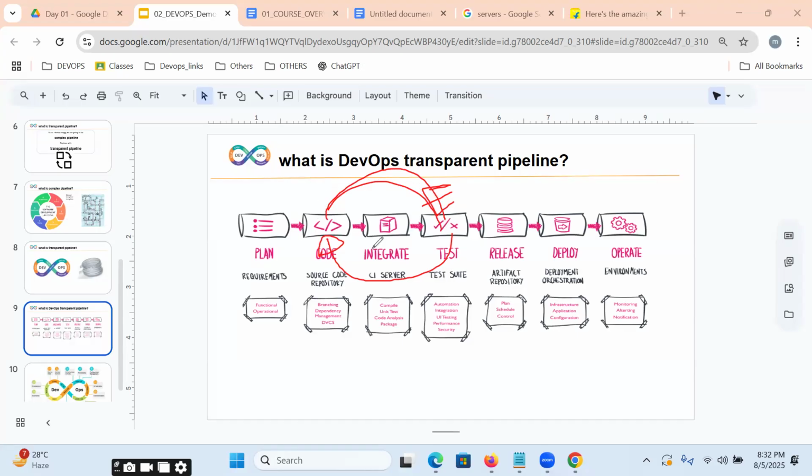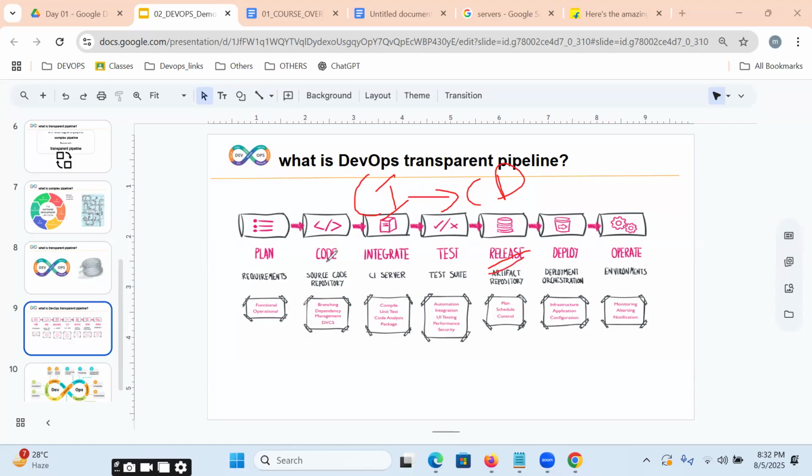And again, if we get an error, it is redirected back to the developer again. This integration and test loop will be repeated until zero errors and zero bugs. That means it will be called working software. So continuously integrating, making working software, continuously delivering into the release.